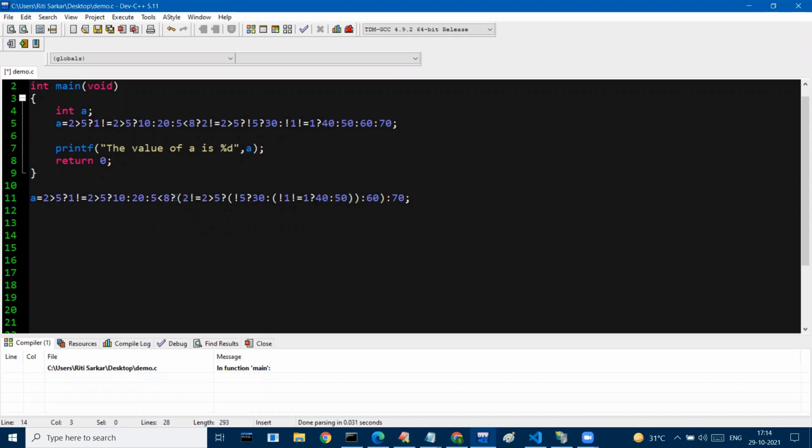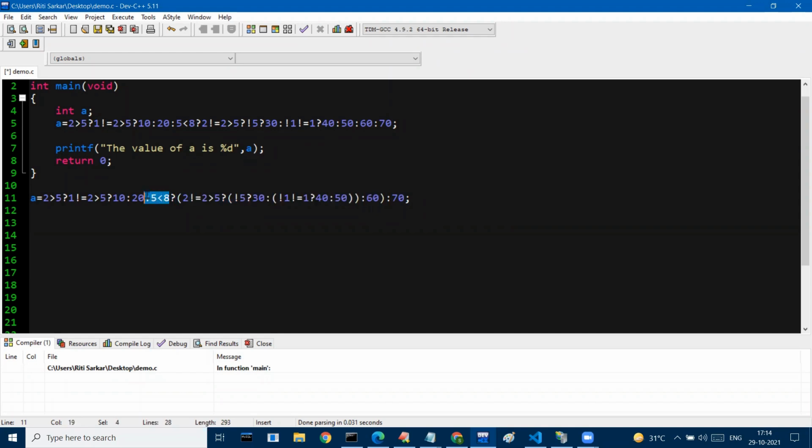Now, for this question mark, what is going to happen? I have just done it for this one. Now this question mark. For this question mark, this entire part is expression 1. And expression 2, this entire part is expression 2. And this is expression 3. This is expression 2, and 70 is expression 3. Then what about expression 1? How for expression 1? 5 less than 8.